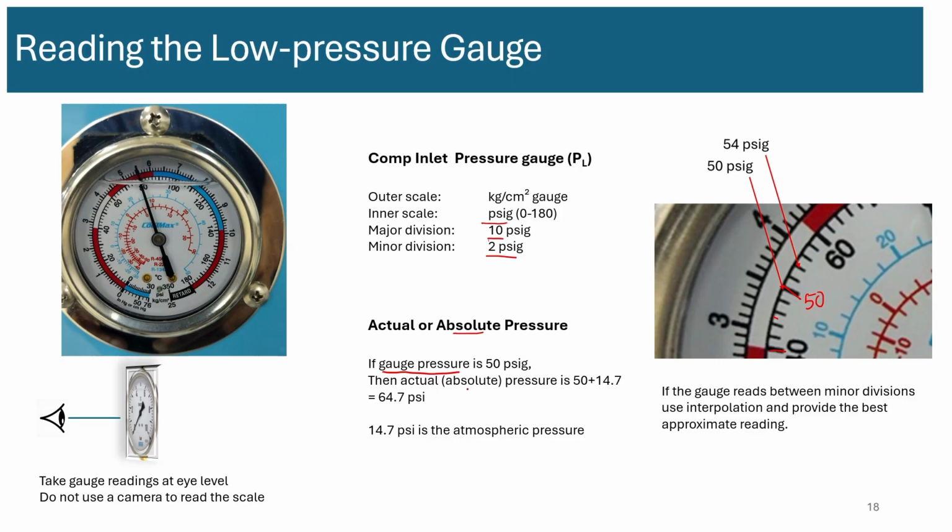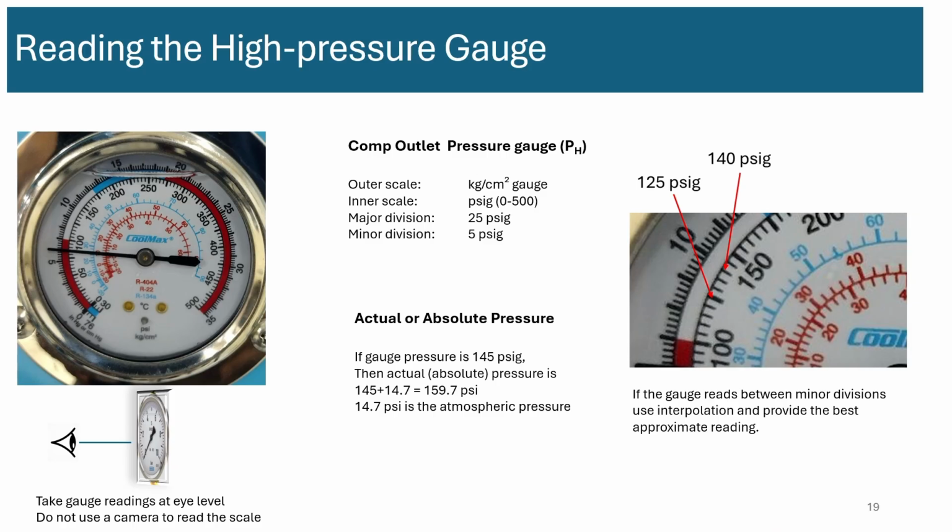Now, the measured pressure, let's say if it's 50, the actual pressure would be by adding the atmospheric pressure to that 50 value. So 64.7 psi would be the actual pressure. Just like the flow meters, you should look at the gauge at eye level without using any cameras, and that's how you should read the gauge. All right,